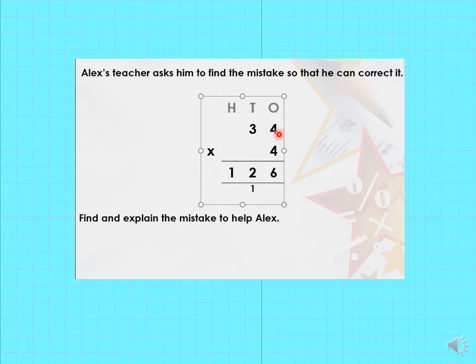4 times 4 is 16. Good. He's put his 1 in his 1s in there. He's put his 6 there, and he's carried his 10 down into the 10 column. So far, he's right. Now he's done